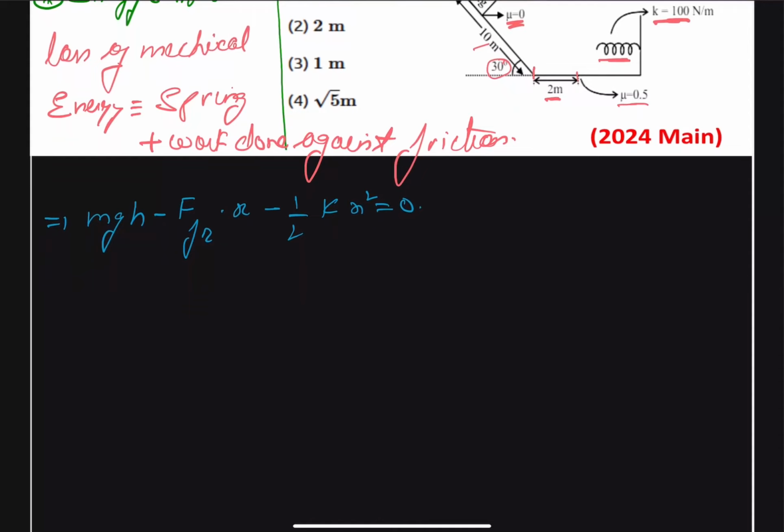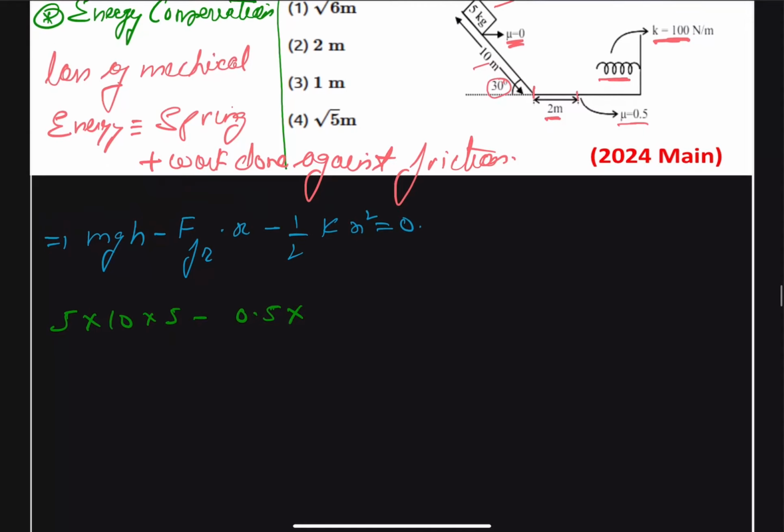So let us substitute the values. We get this as 5 into 10 into 5 minus the coefficient of friction 0.5 multiplied by weight, 5 kg, and the distance is our